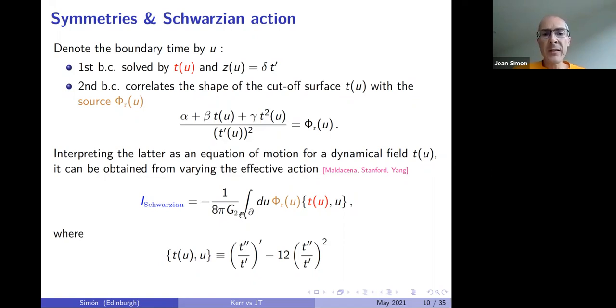Now, this curly bracket is the Schwarzian, and the insight is that you can view the equations of motion, so that the T of U has to satisfy, as coming from the variation in terms of this source. Now, much of the excitement in this story has been that everything I've told you is in the gravity side,